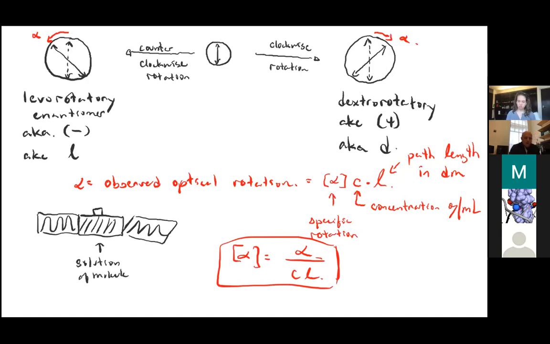So why is this useful? As I said earlier, an optical rotation of 0 tells me that I've got a racemic sample, assuming that I've confirmed that the molecules themselves are chiral. But if we know the optical rotation of pure enantiomers, we can also calculate the enantiomeric excess of a sample. So let me